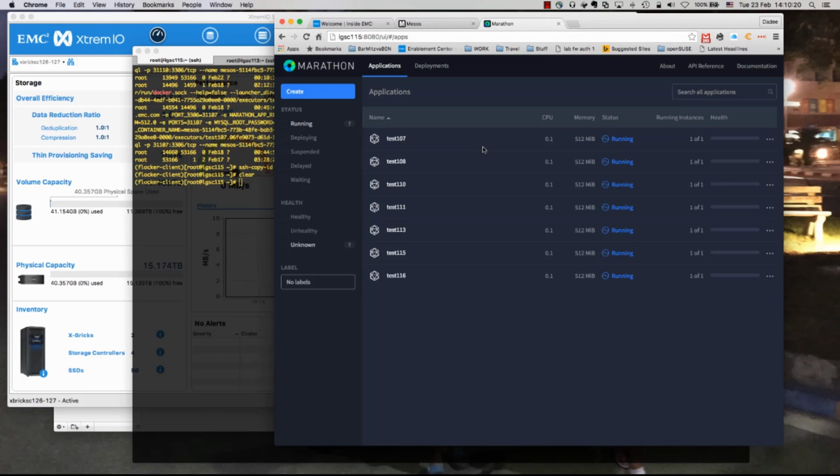Hello and welcome to this demo of providing a persistent data store using EMC XtremIO, Docker, ClusterHQ Flocker and Apache Mesos. In this demo we will fail over the MySQL container from one host to another while still preserving the persistent data residing on XtremIO. On the dark screen we can see the Marathon application, which basically provides clustering and HA